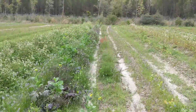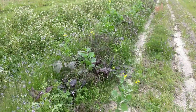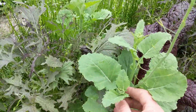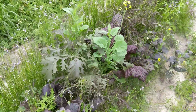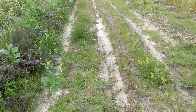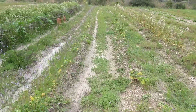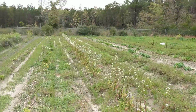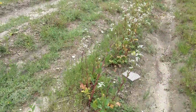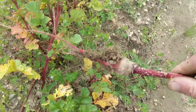That elegant greens mix right there came in nice, and it's real pretty. It went to an adult stage. The broccoli is already blooming on it, and this was what we took tender young cuts off of for one of our salad mixes. See that carrot row there, looking pretty good. Radish row there, and all these radishes have gone to seed,